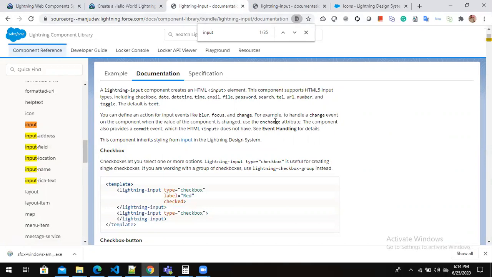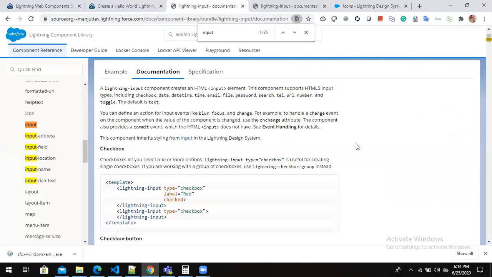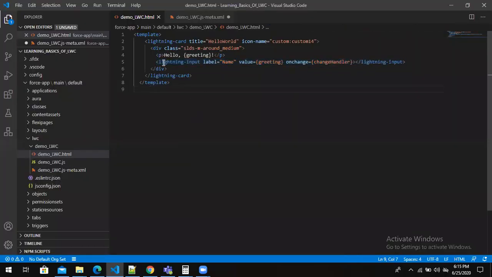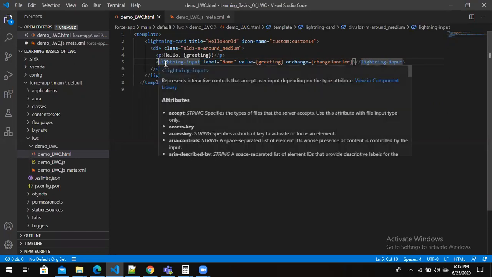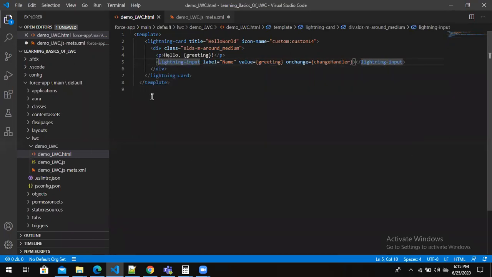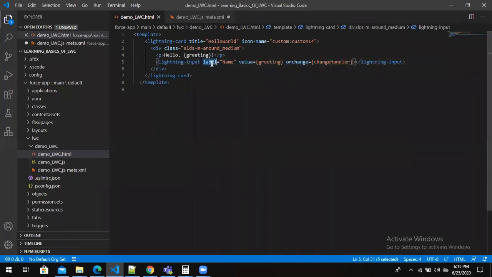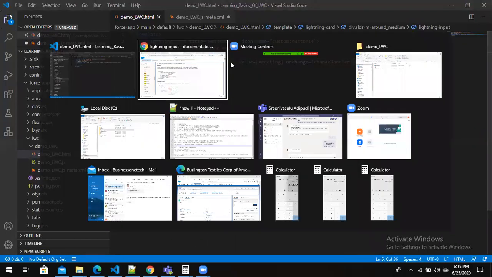We can have a number field or a percentage field, or a checkbox, right? All these details will be available here. The base components syntax is, if there are two words, the two words are differentiated using a hyphen, right? Lightning hyphen input, and label name you can give like this.